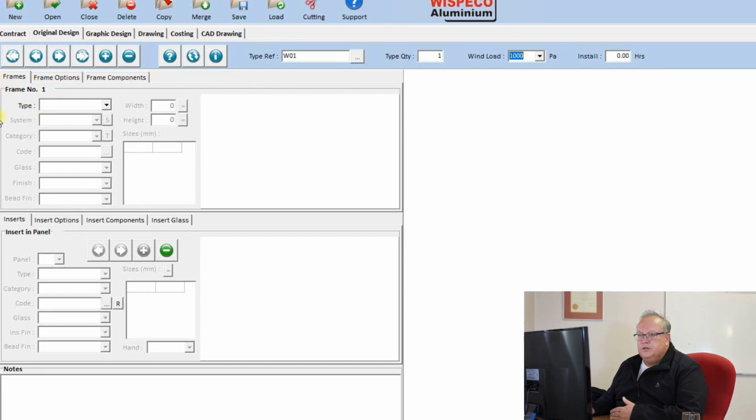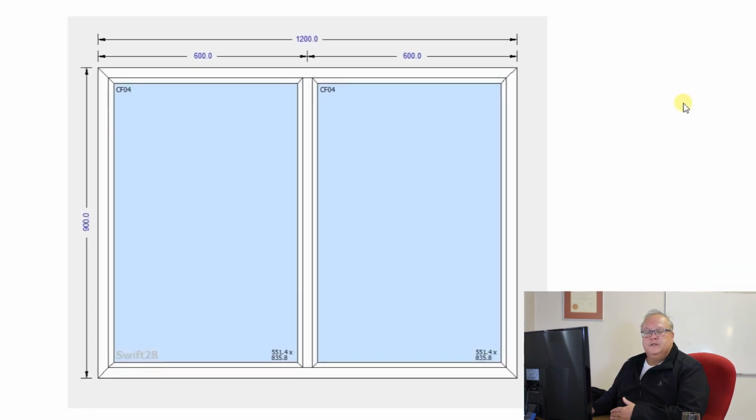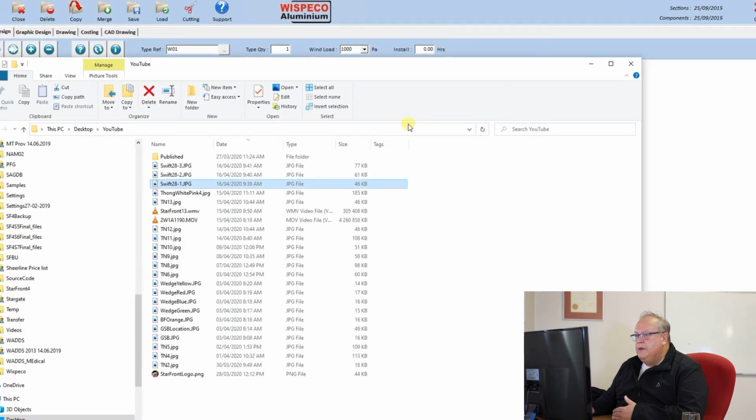You'll notice the screen has two sections. This top section is everything to do with the frame, and the bottom section is everything to do with the insert. When we decide what part represents the frame and what part represents the insert, remember the frame is all the way around the outside, as in a picture frame, and then any mullion or transom that runs from one side of the frame all the way through to the opposite side. So this mullion in our window number 1 runs from one side of the frame all the way to the other side of the frame. So it forms part of my frame. Keeping that picture in mind,